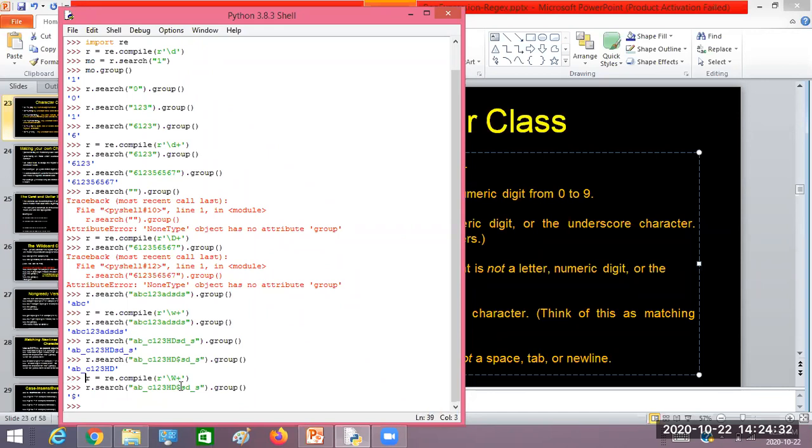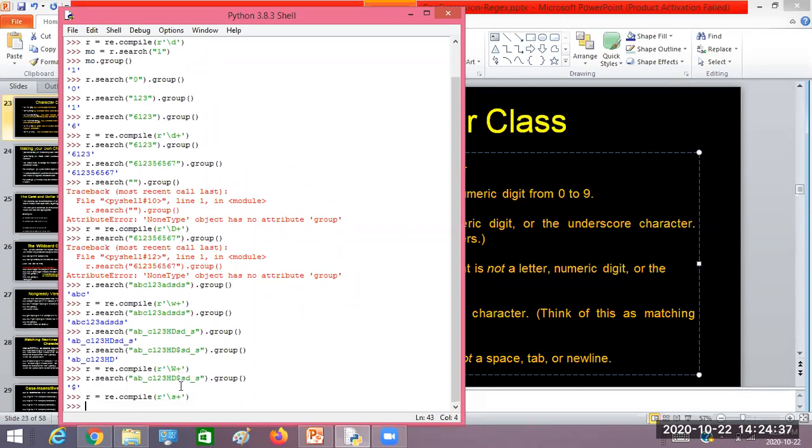Yes, sir. Likewise, we can go with the space. Now look here, one or more spaces. Let us try to understand with an example. What I'll do now is leave some spaces with the space bar, then I'll press the tab. Now I'll put a slash n, then a slash t, and again I'll leave some spaces.